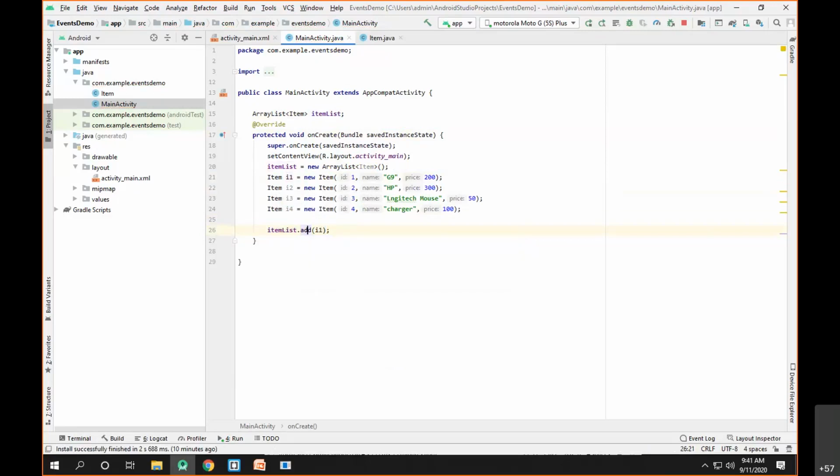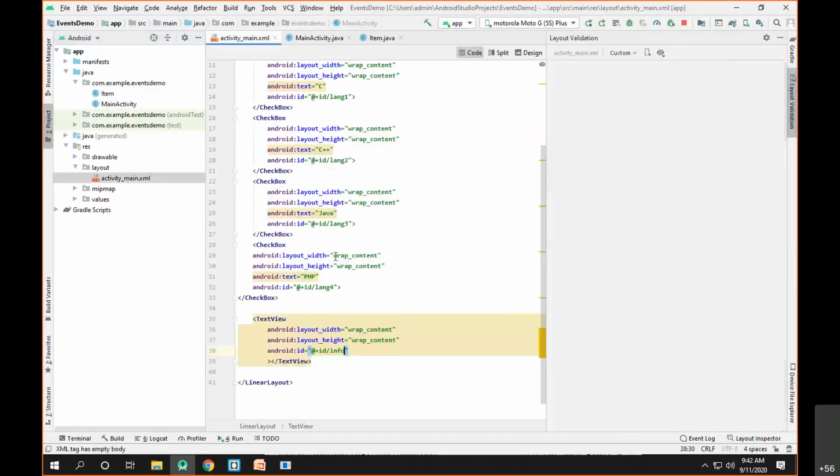It returns a boolean. I need to copy this and paste it below. So I1, I2, I3, and I4. Okay, so we have pushed all four things inside the item list.